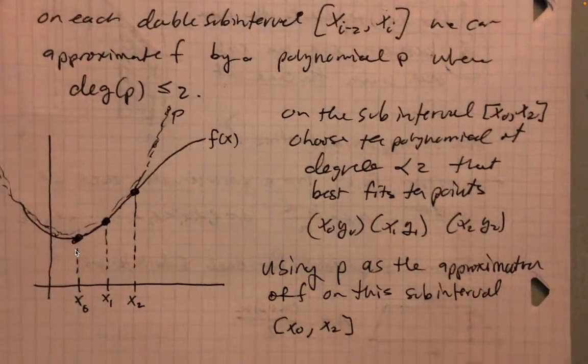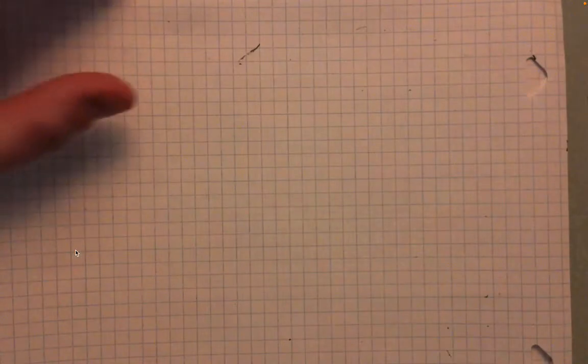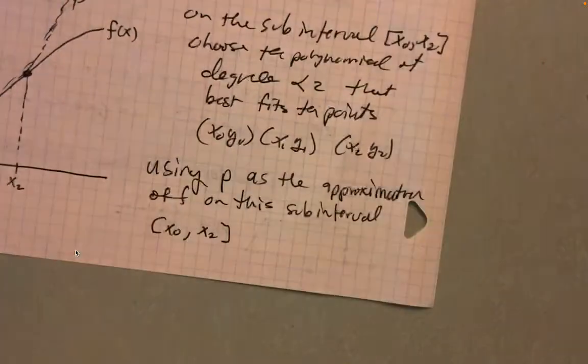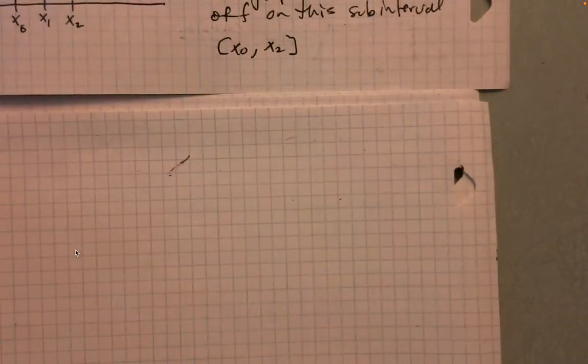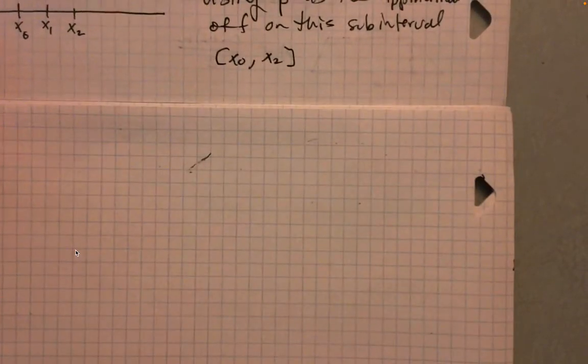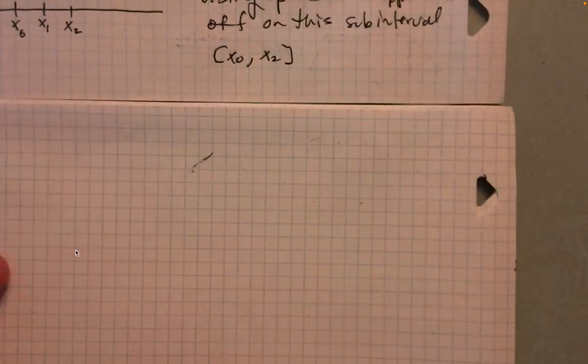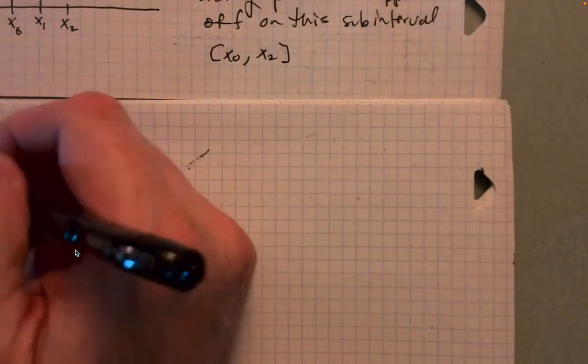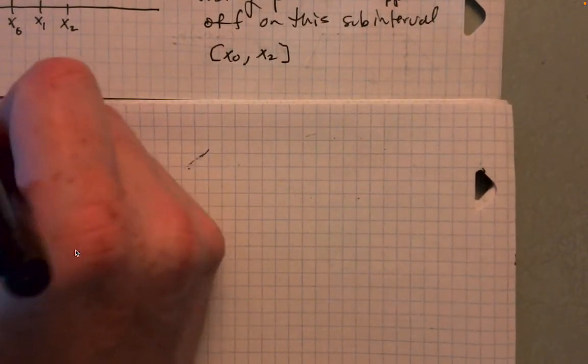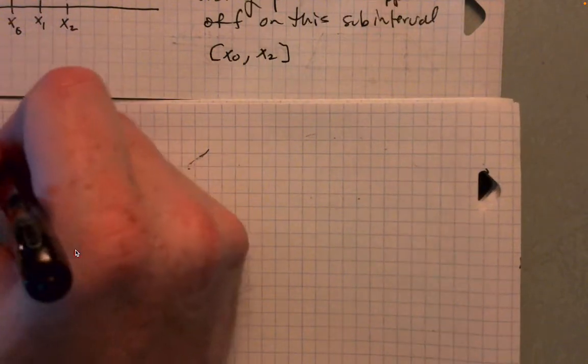So if P is our approximation, we can use the previous theorem to calculate what the area is on that subinterval, right? Exactly, precisely. Okay, and so we can say the integral from x0 up to x2 of f of x dx